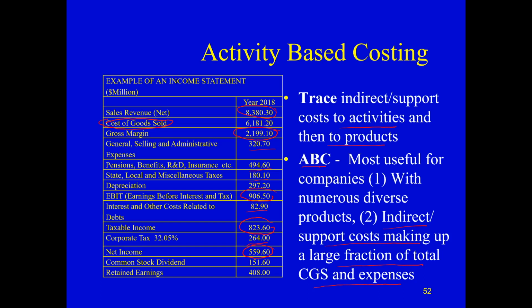Common stock dividends go to the investors, who get profit for holding shares. The company keeps the rest, and the capital which is kept is called retained earnings. Net income minus common stock dividends is our retained earnings, and this retained earning is used